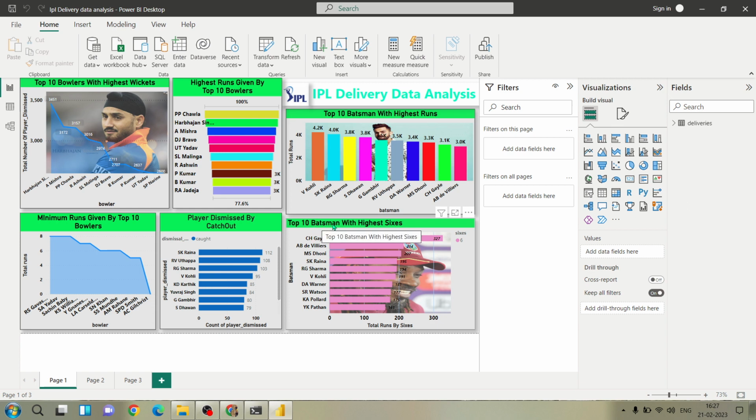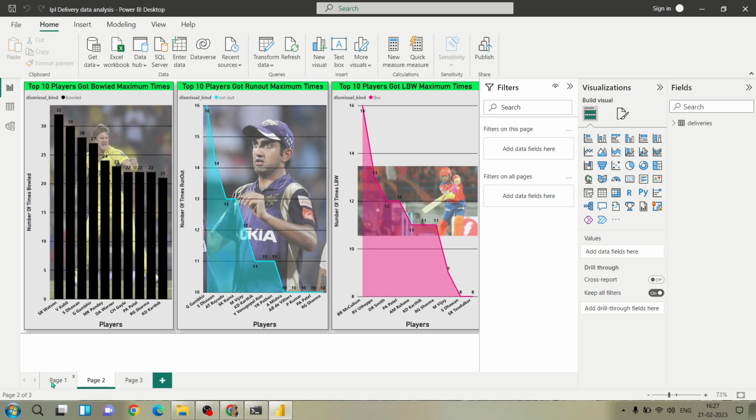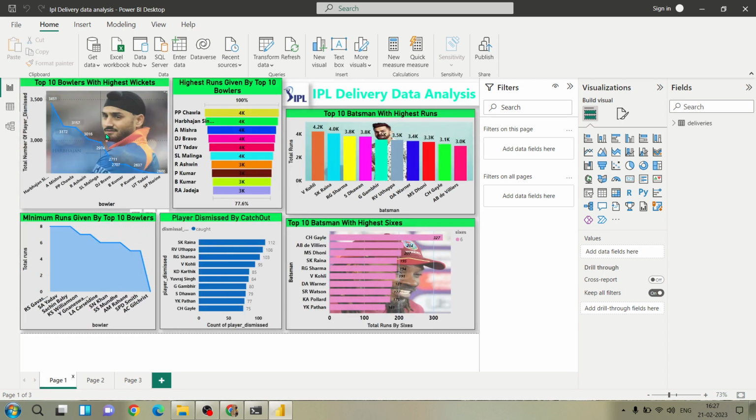In the top 10 batsmen with the highest sixes, you can see Chris Gayle has the highest sixes, and he scored 327 runs from sixes. Then AB de Villiers, then MS Dhoni, then Suresh Raina, then Virat Kohli, Rohit Sharma, all are there. In page one, we can see Harbhajan Singh is a good bowler